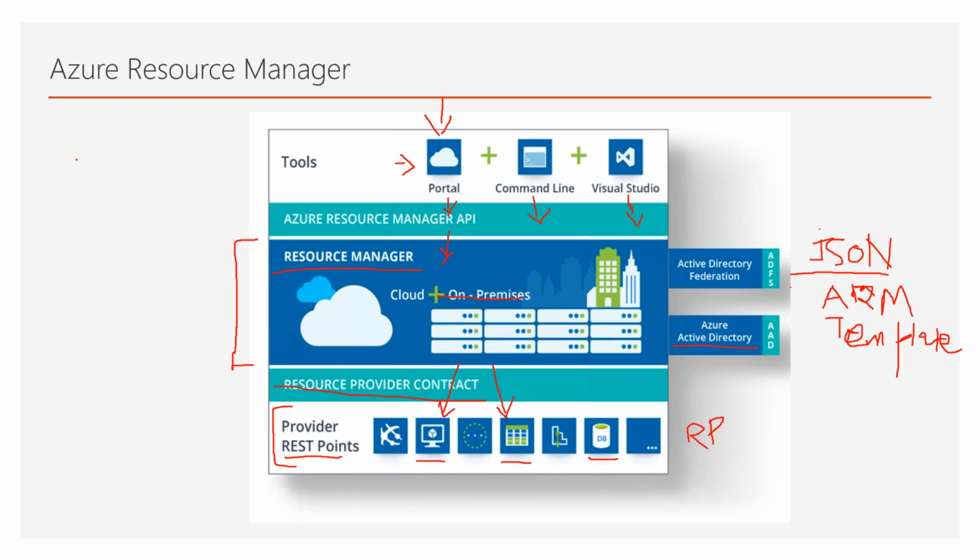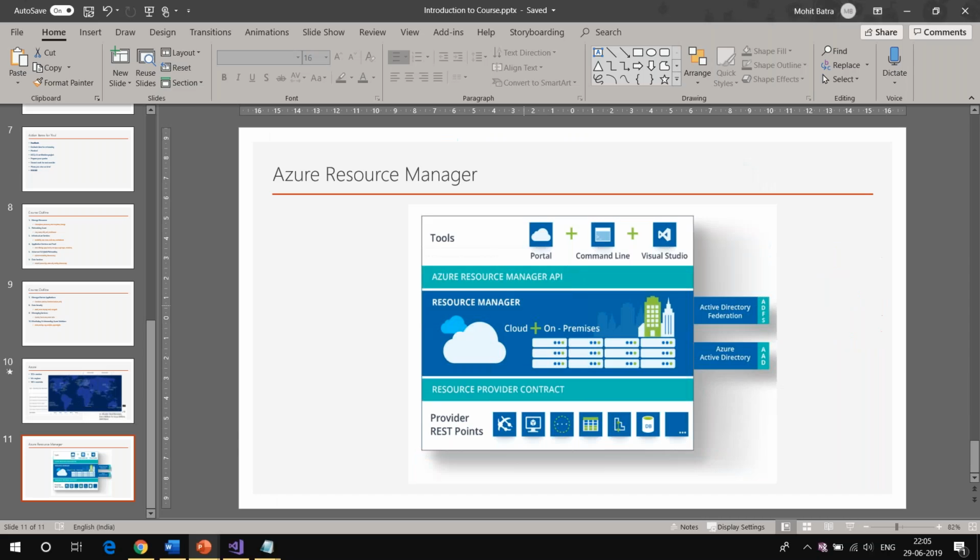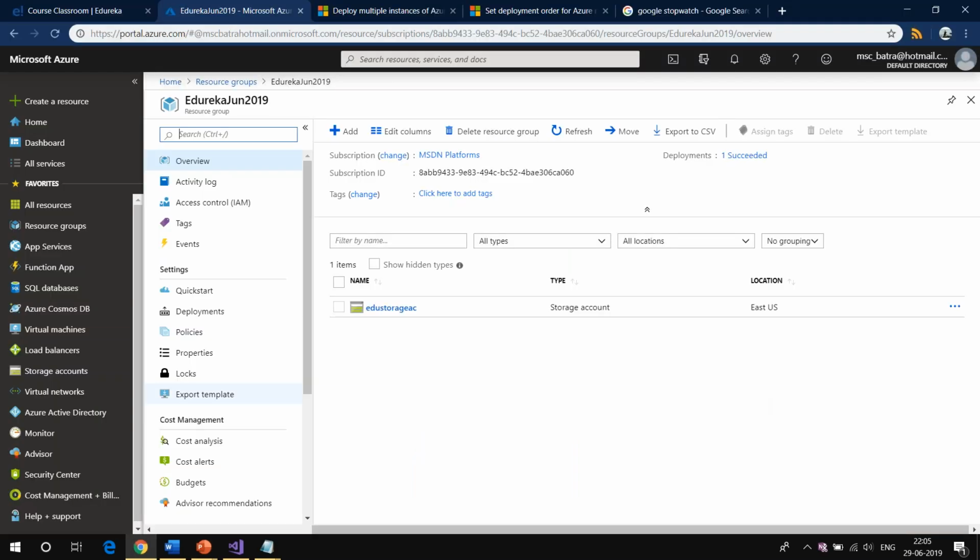All right, I'm going to come out of this. I hope everybody understands the JSON template, and that these JSON documents being created are called ARM templates. Let me come out of this and first show you that. Let me take you back to the portal. Now we are inside the resource group. When we created the storage account, where is that JSON template? You might be thinking, where is that JSON template?